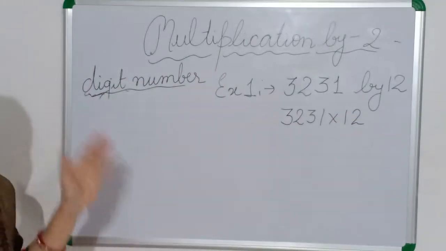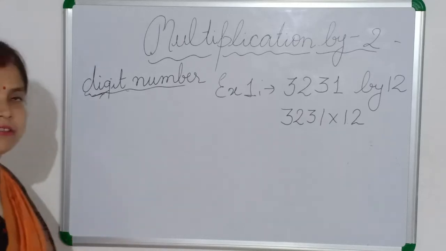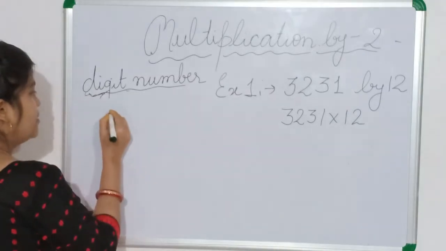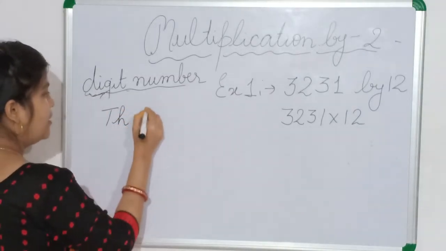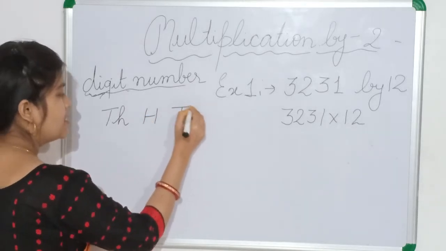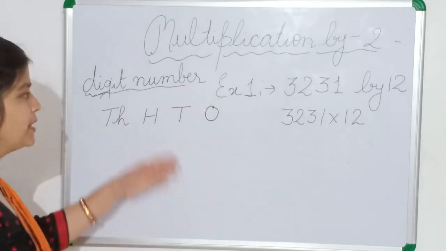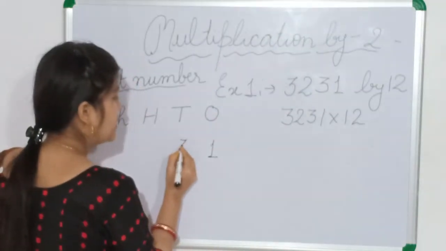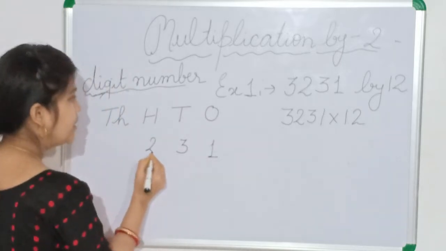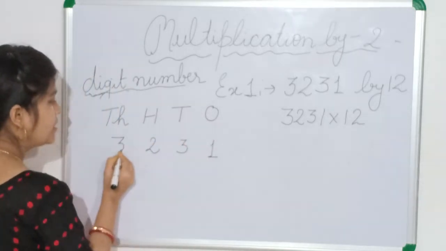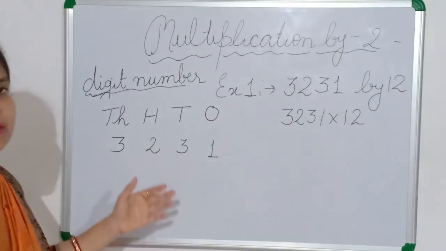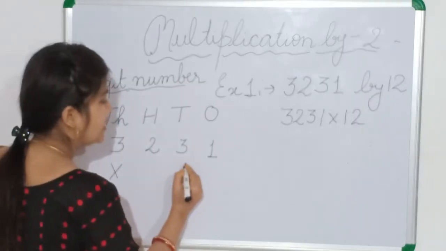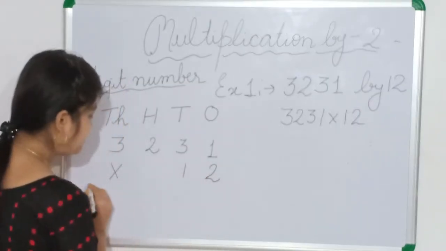So for this, first we will arrange the number in a place value table. And you are very smart in doing that. So here 1000, 100, tens, ones. Now I will arrange the number in this table, okay? So here it is 1 ones, 3 tens, 200 and 3000. We have to multiply this number by 12. So we will put here the cross sign, that is the multiplication sign, and then I will write here 12. Okay?